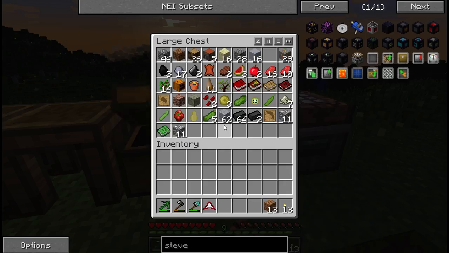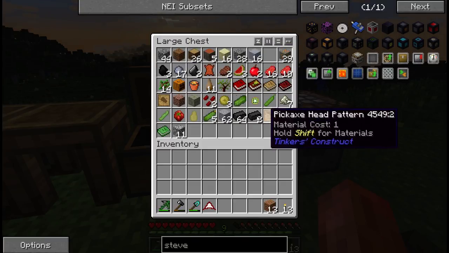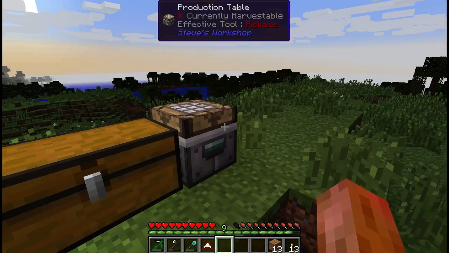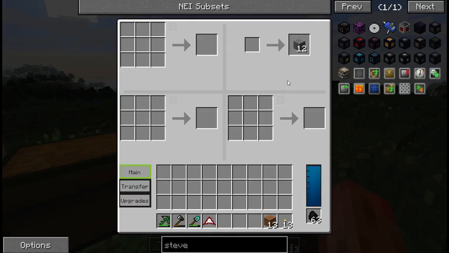All right, but here I am. The sun's coming up. It's a beautiful new day, and I've got cobblestone. I've got a little bit more copper and some gravel and some other stuff I needed, and I'm ready to do some fun stuff today. How about you? Last time I made the production table, and I just made a little bit of stone, and there's a reason for that,